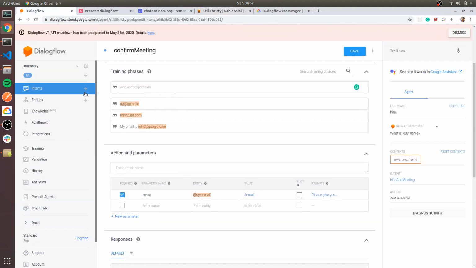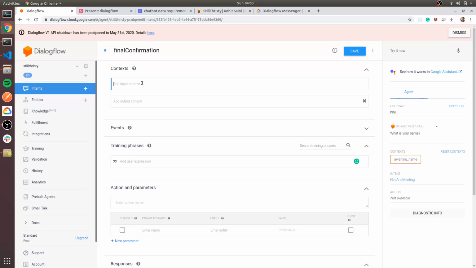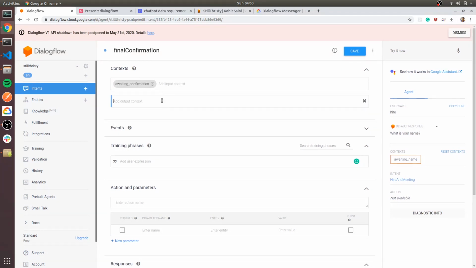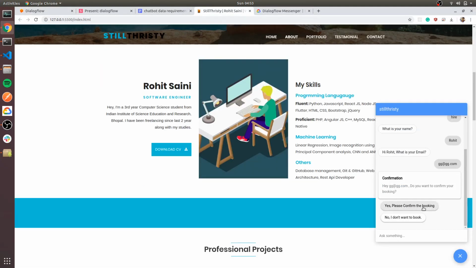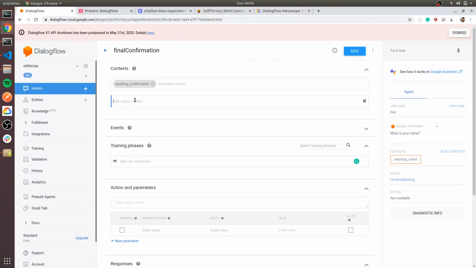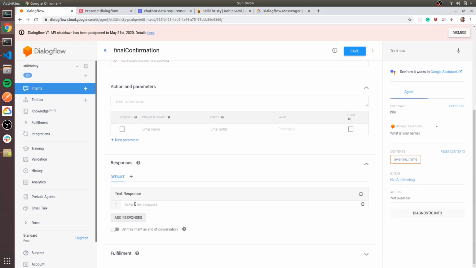So let's create one. Alright, so input context will be awaiting confirmation, with no output, and we can copy it from here. Then we can send a response like this.